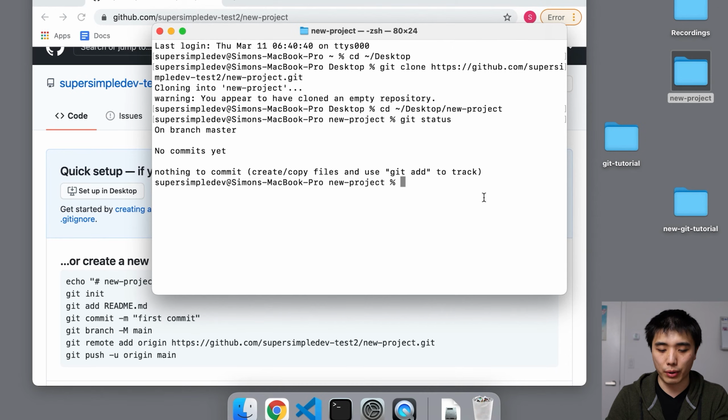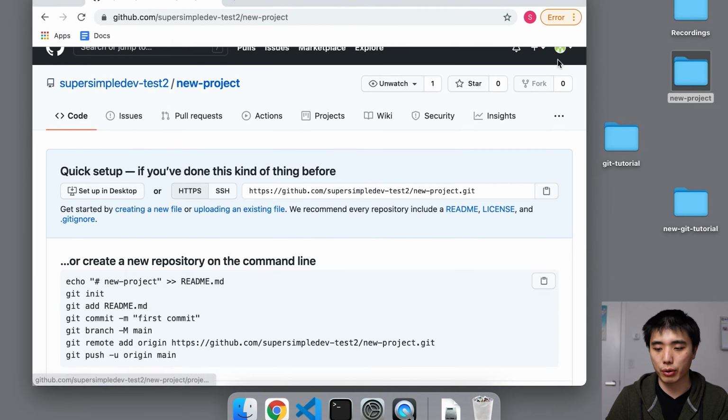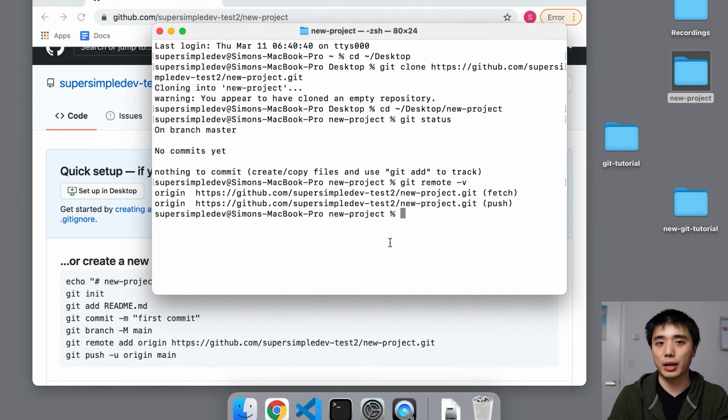And also if we run git remote -v, you'll notice that when we do git clone, we already have a link from the remote repository to the repository that we cloned. So using git clone helps us save some setup steps for Git. And that is how you handle creating a new project once you're already familiar with Git and GitHub.